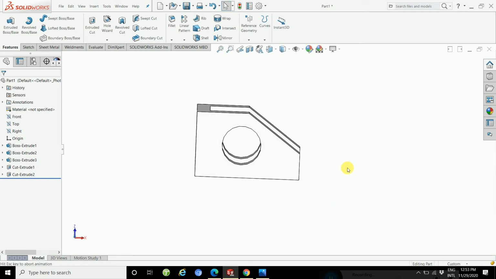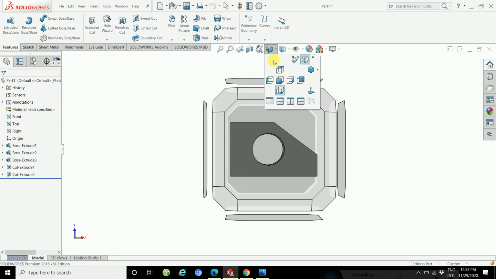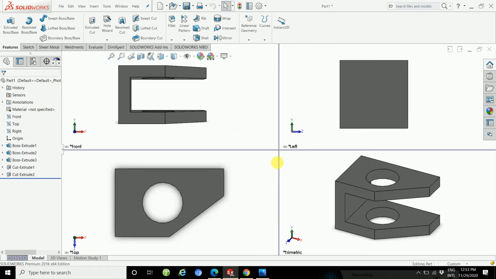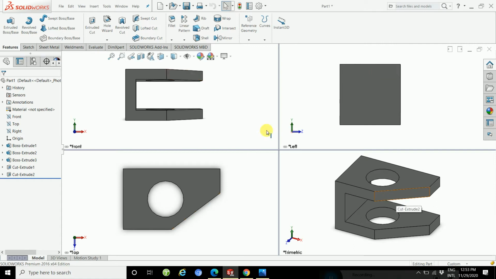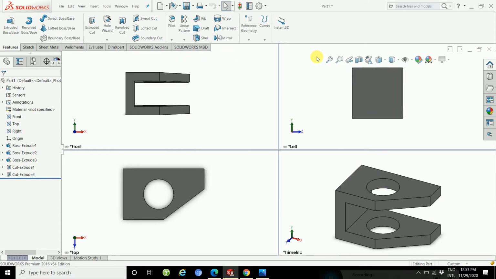Okay, so save. If you want a section, you will see the part will be shown this way. If you want views again, they will be shown here.